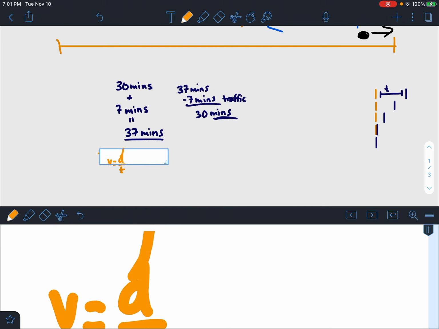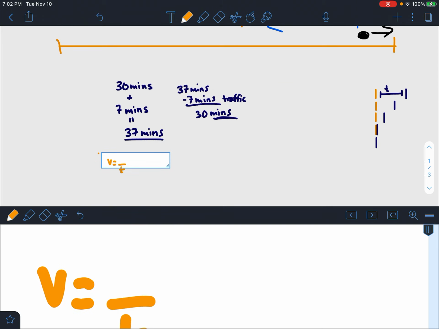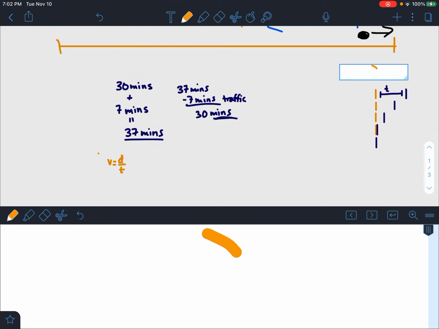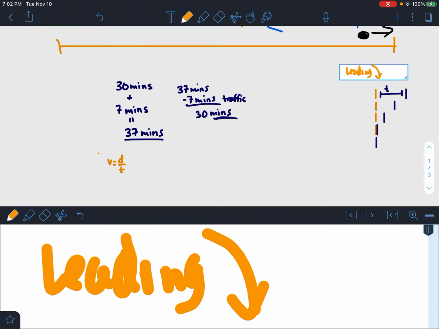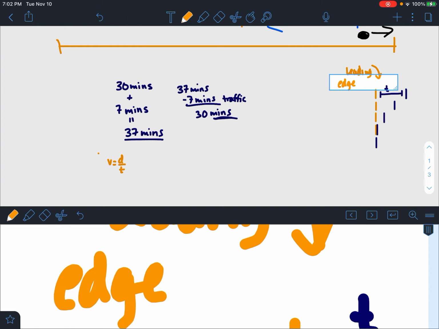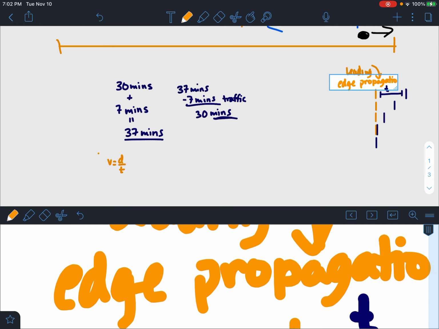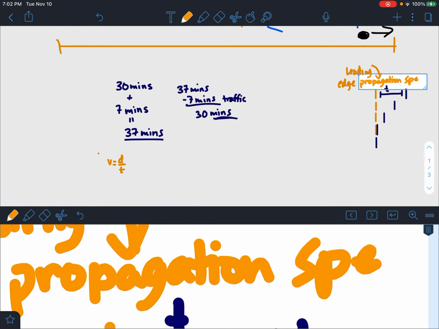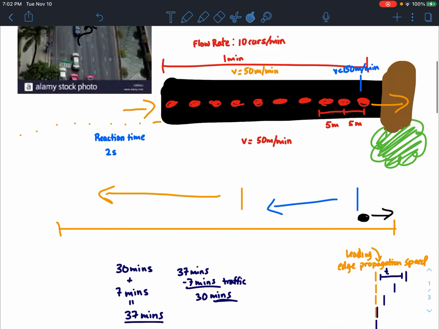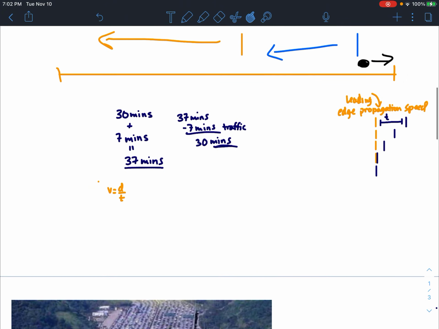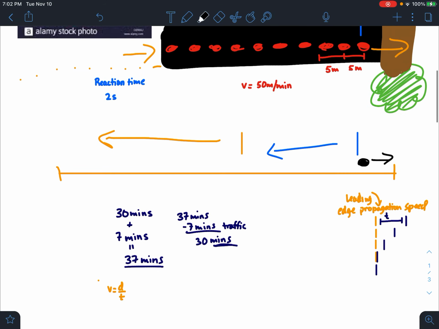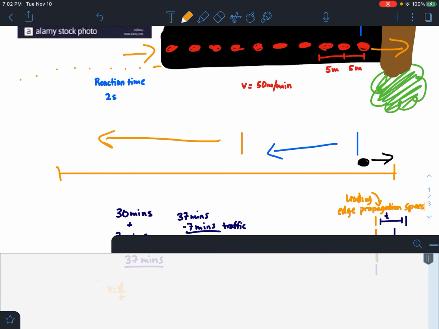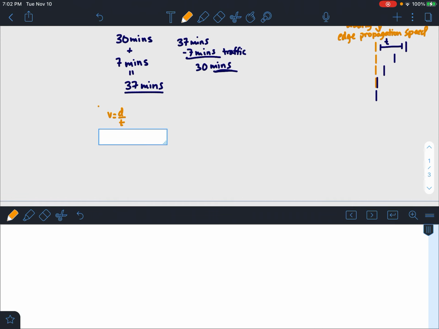And by the way, this is called the leading edge propagation speed. Basically explaining how all those scenarios work and keep repeating themselves. So if I'm going to solve this, I know that the front of the jam